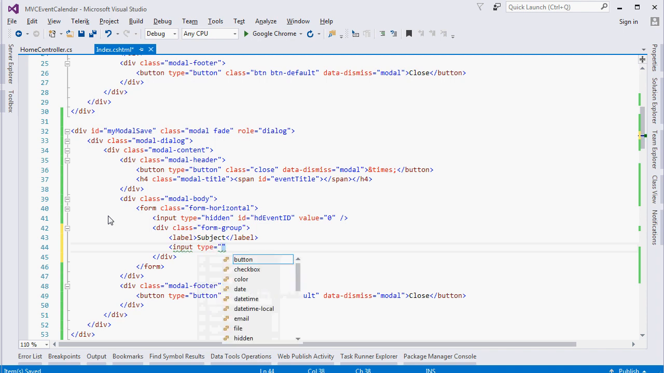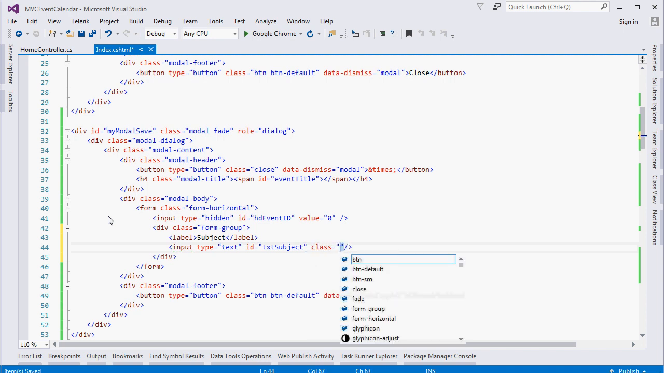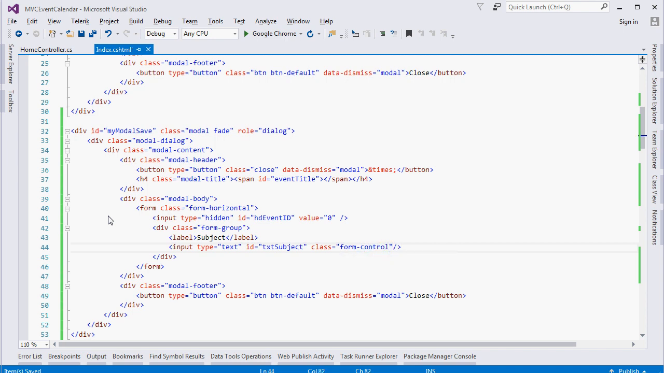Type should be text, ID is txt subject, and I will add one class here, bootstrap class, which is form control. Okay, so this is done,